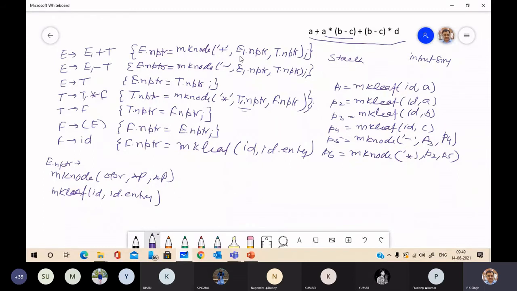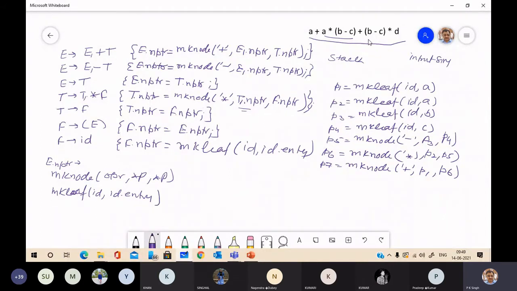Again, it will use this semantic rule to reduce E plus T to E. So you will get P7, make node plus, P1 as the first argument and P6.